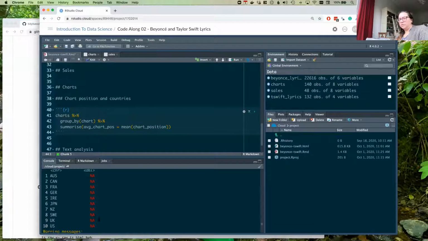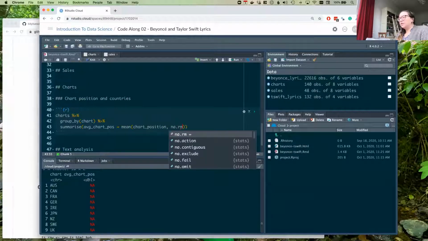Oh, lots of NAs. Why might I get an NA when I'm calling the mean function? Does anybody remember why this might happen? I might have some NAs in my data to begin with.